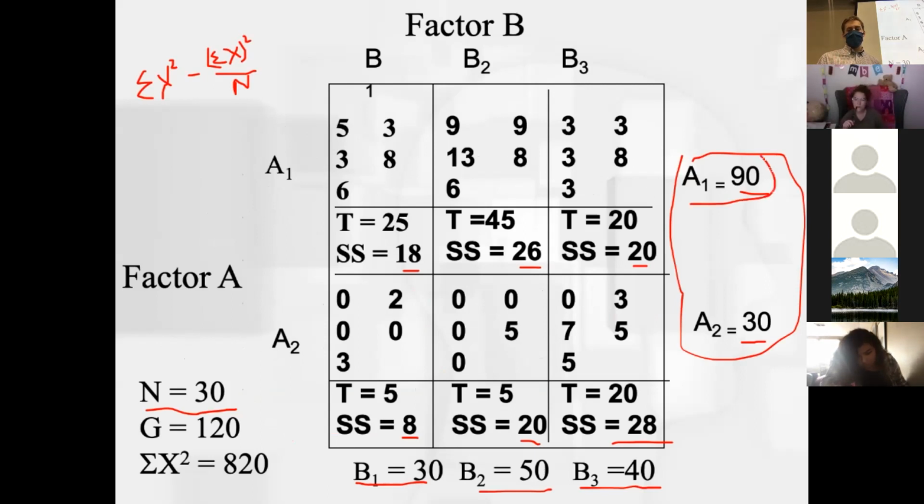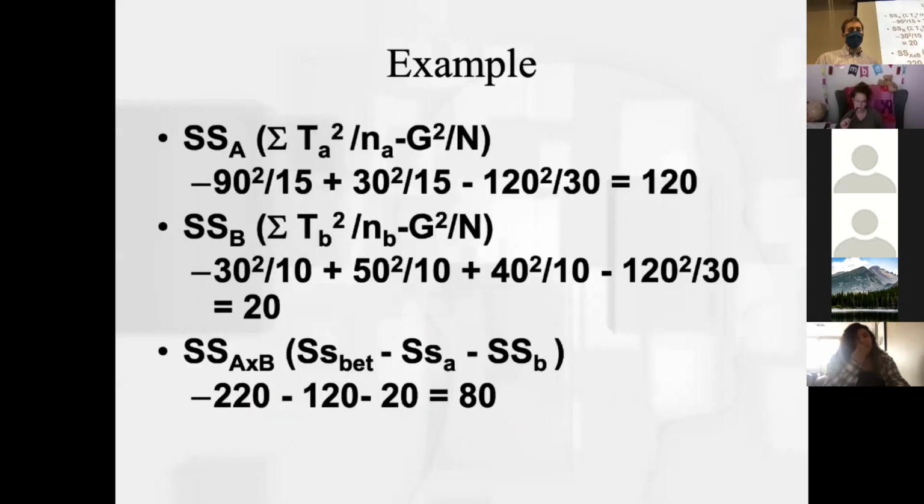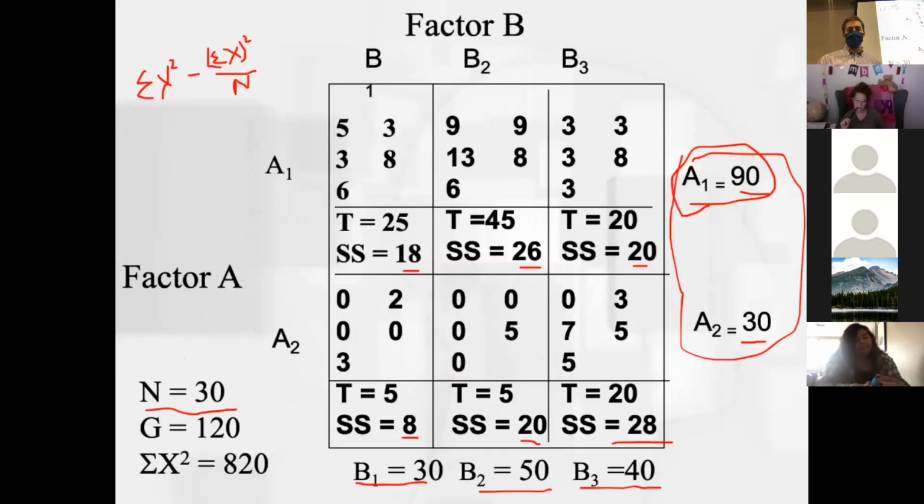This is the T for A1. So 90 squared divided by 15, because there are 15 individual data points in just this row alone,